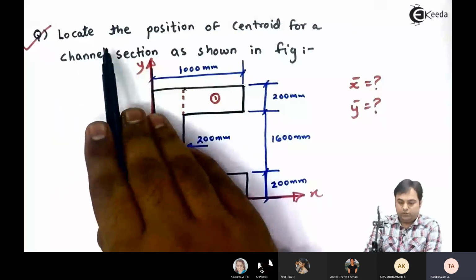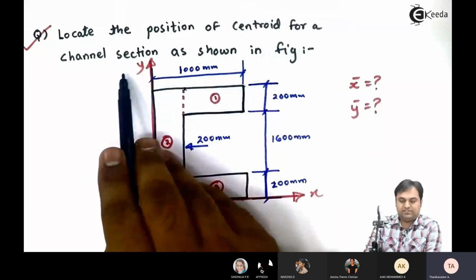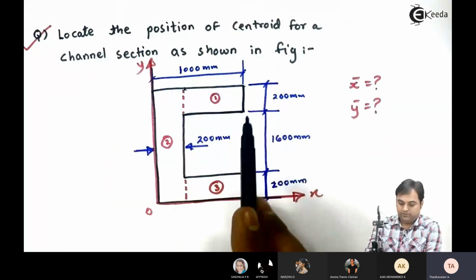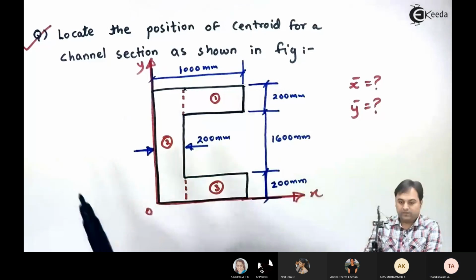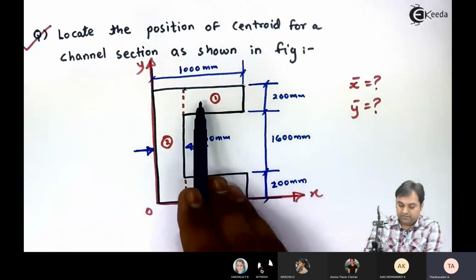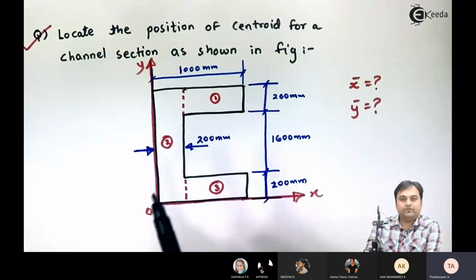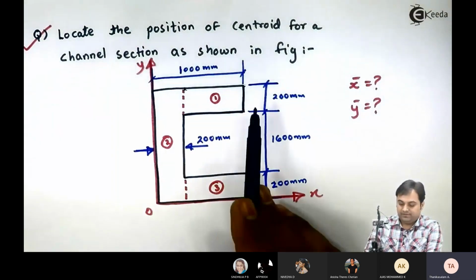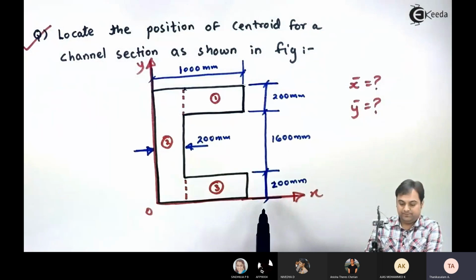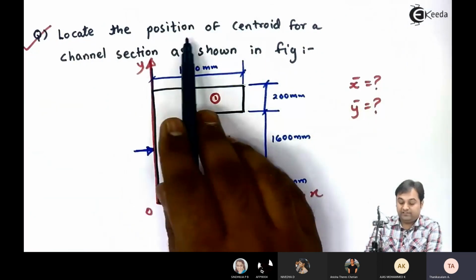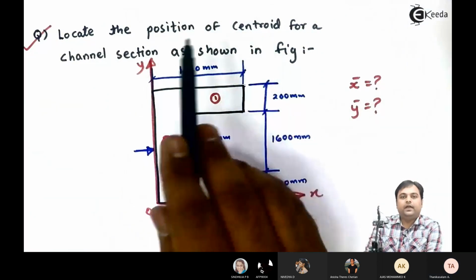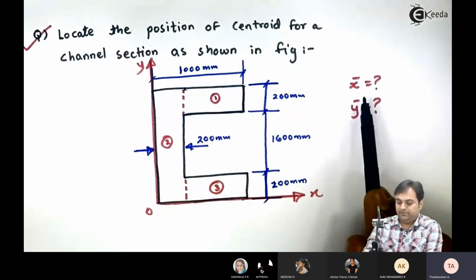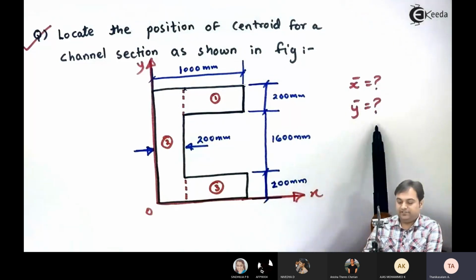The question is, locate the position of centroid for a channel section as shown in the figure. Here the diagram is given. As we can see, a C section, or in other words a channel section, is given. The dimensions of the channel section are given. The question is to find the position of centroid, which means we need to calculate x bar and